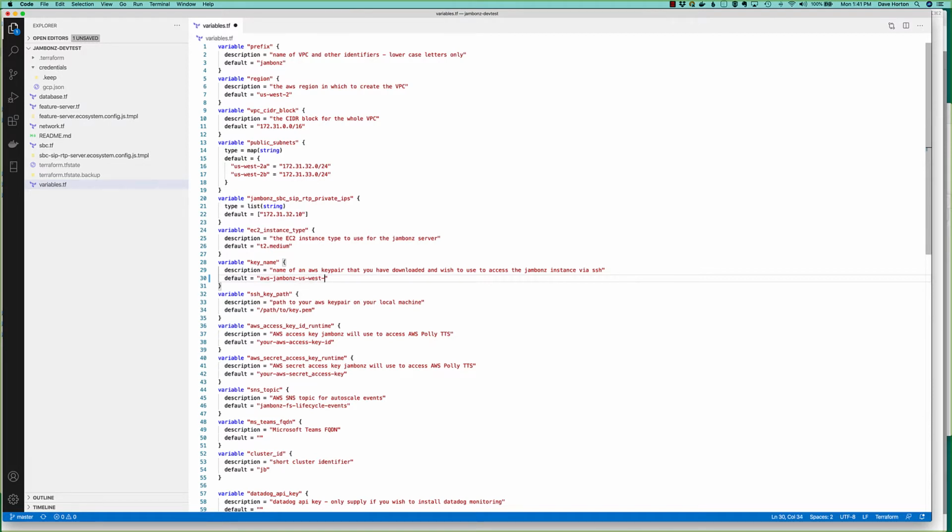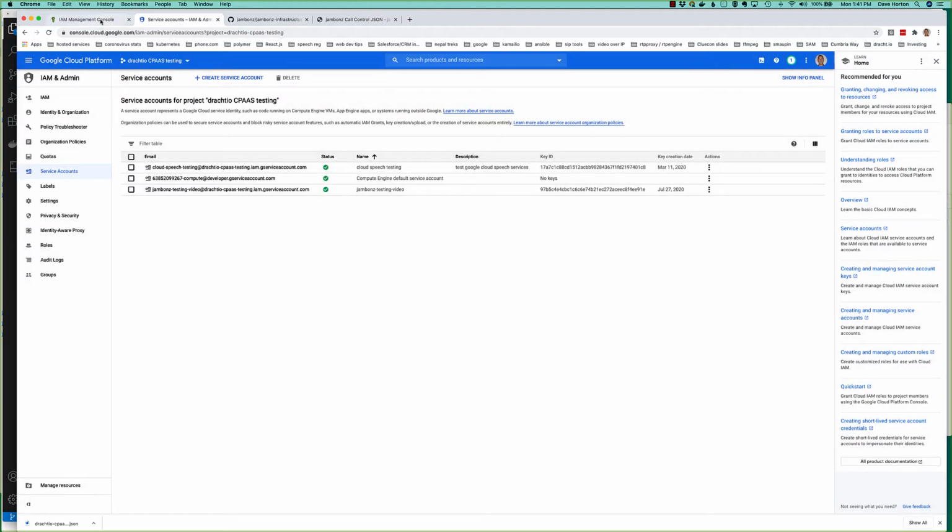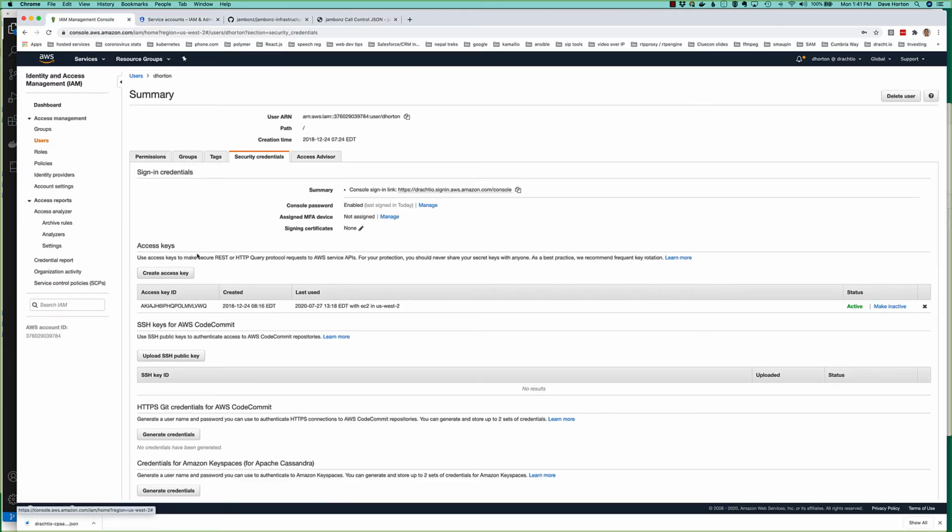So I've got a key called AWS Jambones US West 2. I'm going to use that one, and that is in a folder on my hard drive called AWS, so I'll put that there. And now right below that is where I need to put my AWS key. Again, these credentials are going to be used both to set up the cluster as well as to use AWS